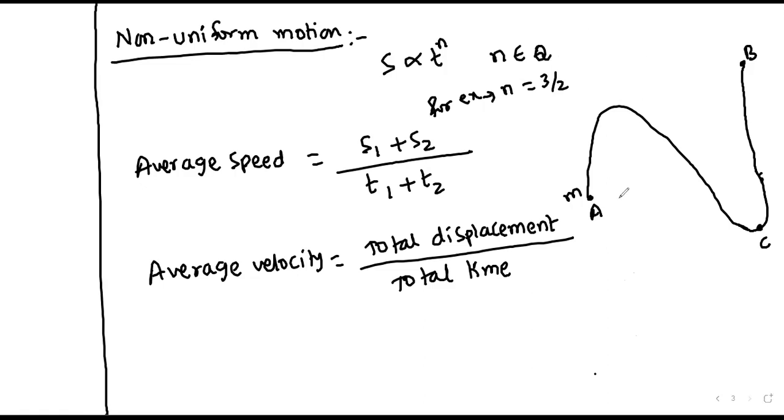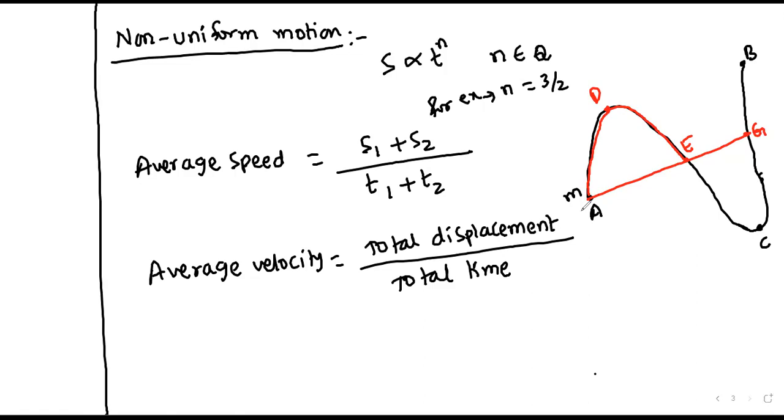Here, what I will do, I'll draw a line. I'll put this point as D, this point as E, this point as G. See, A to D, how much it is displaced or how much it is increased. From D to E, it is decreased with the same rate. Is it right? Yes, sir.